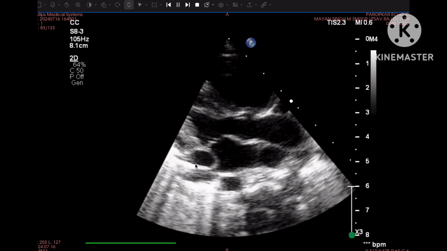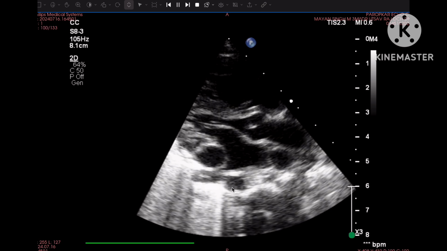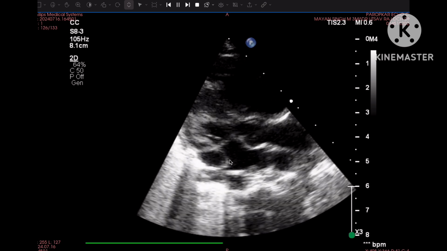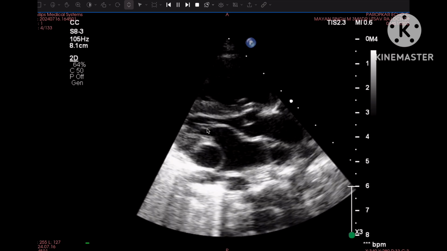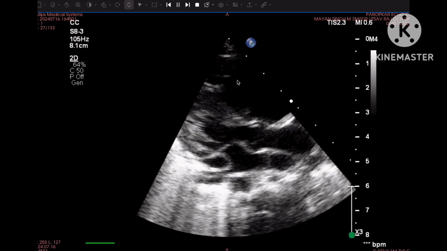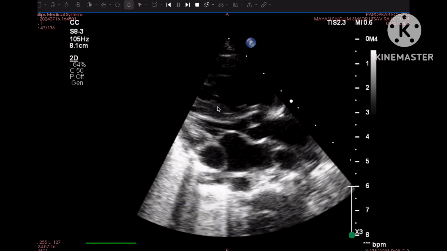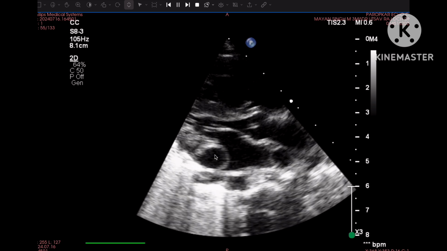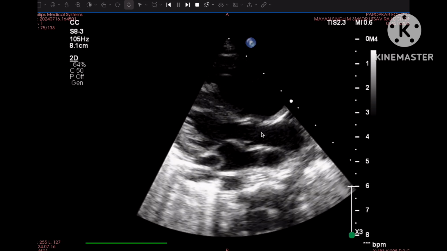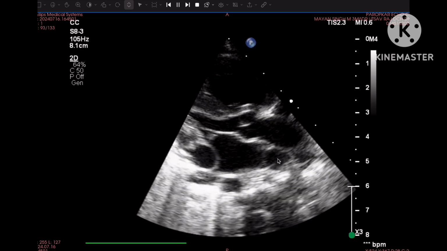This is coronary sinus, dilated coronary sinus. This is thoracic aorta. So the structures are left atrium, left ventricle, aorta. This is right ventricle. Right ventricle is dilated. This is interventricular septum. This is coronary sinus. This is thoracic aorta. This is aortic root, and this is ascending aorta, and posterior to this one is right